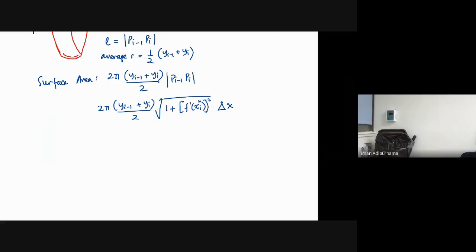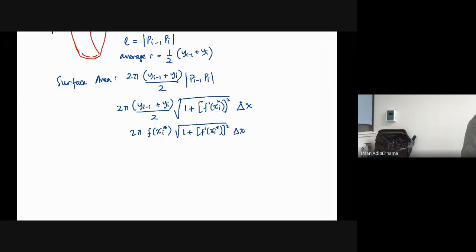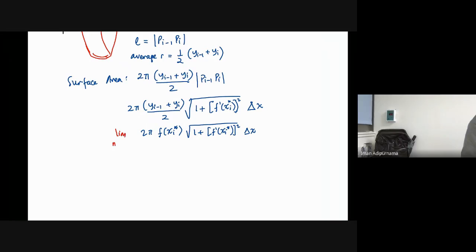The radius becomes a function, so we can write this as only functions of, let's say, the sample point x, and then we approach this with a limit. This is sigma from 1 to n,